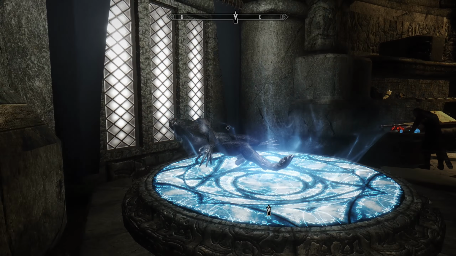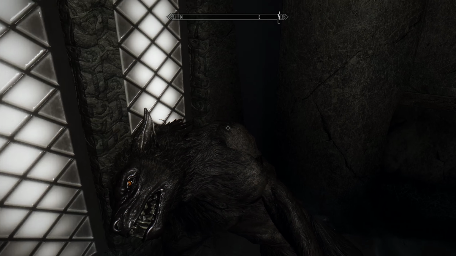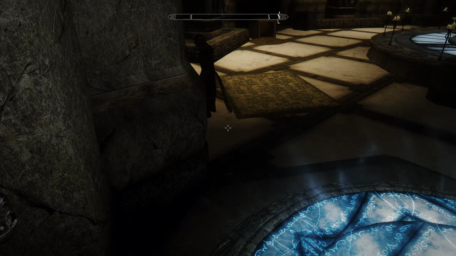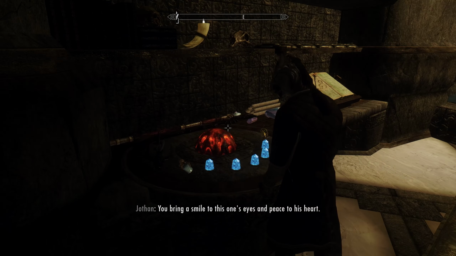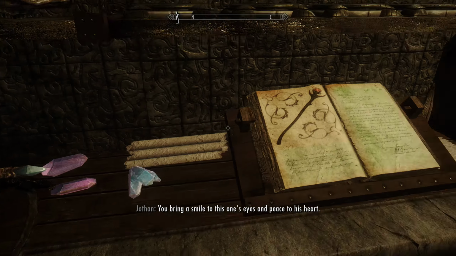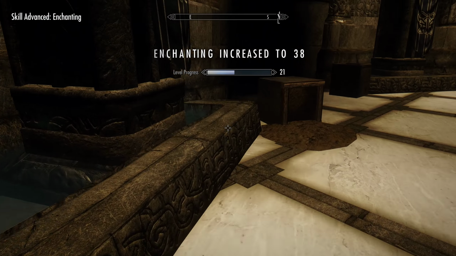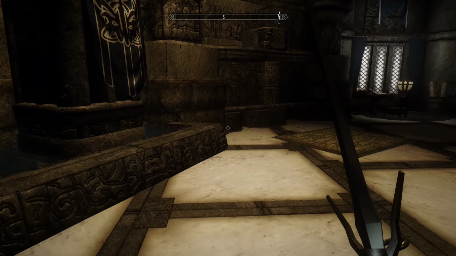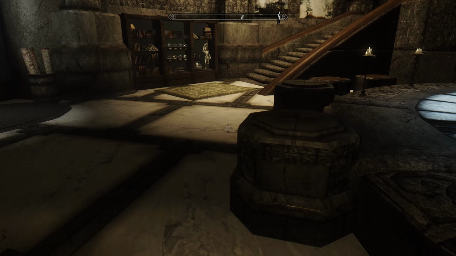Oh, here's our dead werewolf. He's still here. He came inside when I needed to go take a sleep. His name's Jerome. Anyway, bring a smile to this one's eyes and peace to his heart. Nice. There's also this thing where you can read up on various things. I don't know why these are thrown down. That's why I'm probably just gonna, once I have a ton of money, go make